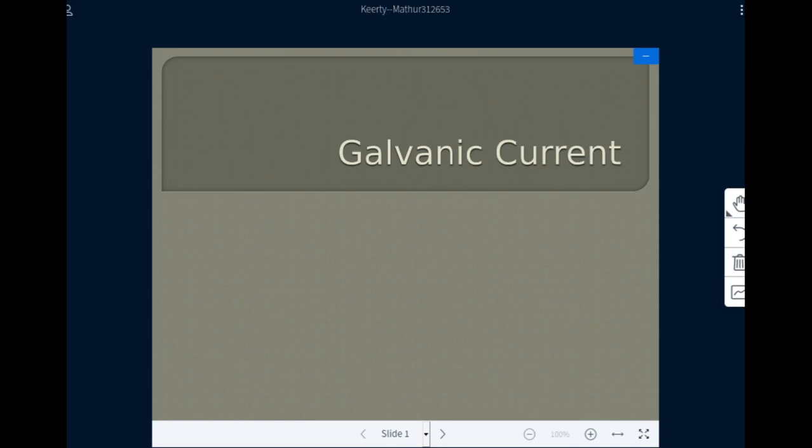Today I am going to discuss a topic named galvanic current, which is immensely used in the Department of Physiotherapy for various therapeutic effects. When we talk about various currents, it starts with the low frequency current, then medium frequency current, and high frequency current. Starting with the low frequency current, we have certain modalities like TENS, muscle stimulator, and sinusoidal currents. In the muscle stimulator, we consider two currents. One is the galvanic current, and another one is the Faradic current. Today's topic is galvanic current, which is also called interrupted direct current.